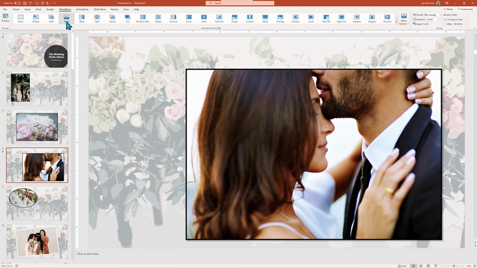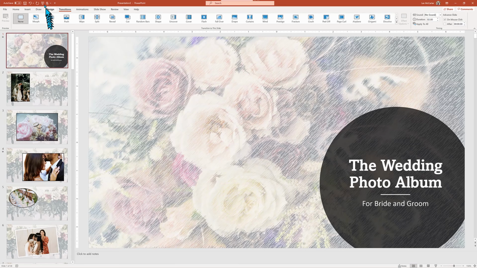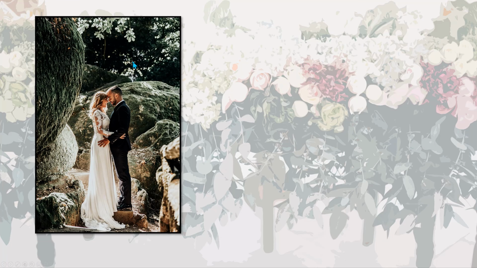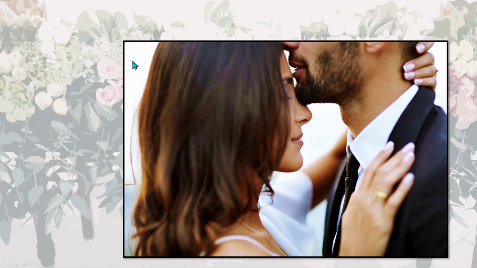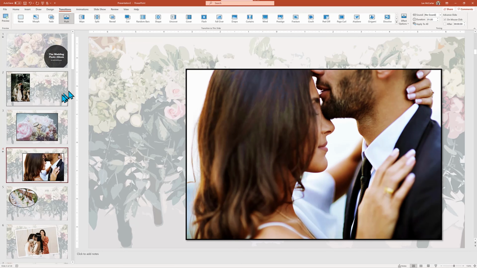I'm going to go back to our very first title slide and start the slideshow. There we see the title animation for the text, and when I do click and go to the second slide, abrupt, and then the smooth push transition. The push transition, while illustrative for training, is still too abrupt for a great slideshow. So here's a few other choices.